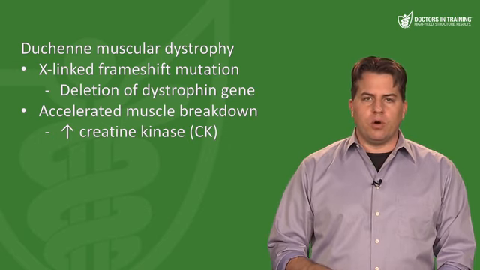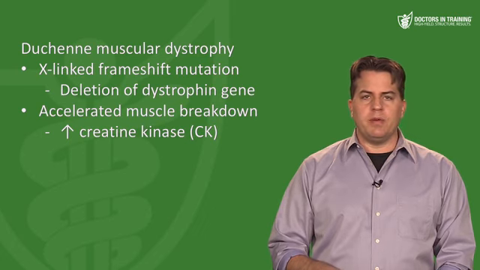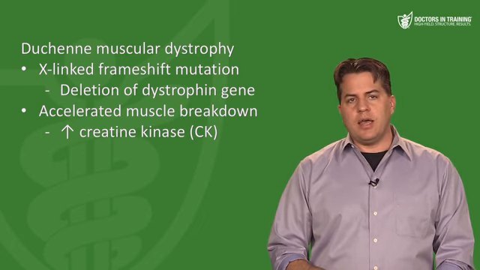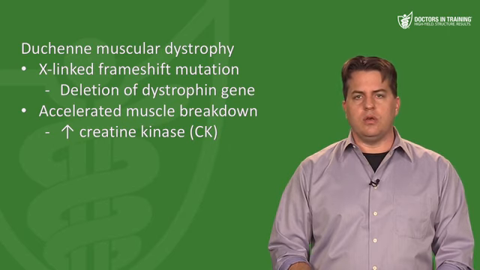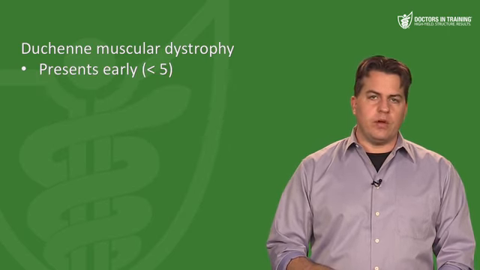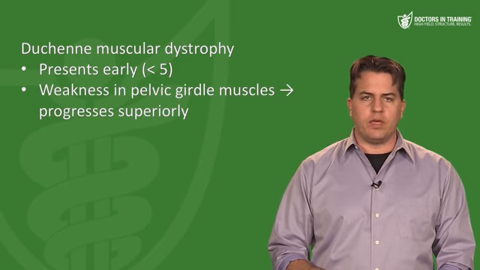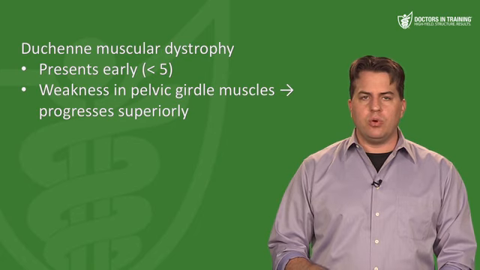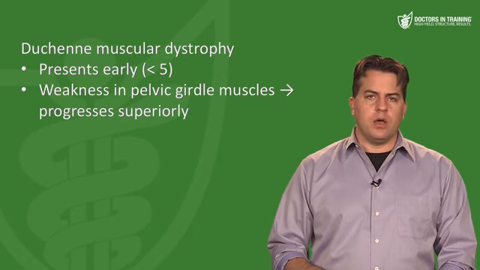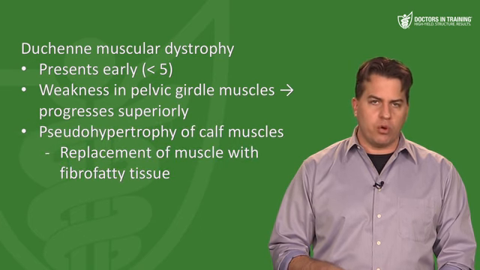What is CK a marker for? It's a marker for muscle breakdown. As muscle cells become inflamed or injured, they die and they spill their contents, including creatine kinase. Duchenne muscular dystrophy presents very early in life, before age 5, starting with weakness in the pelvic girdle muscles, which eventually progresses superiorly. Kids with Duchenne muscular dystrophy get pseudohypertrophy of the